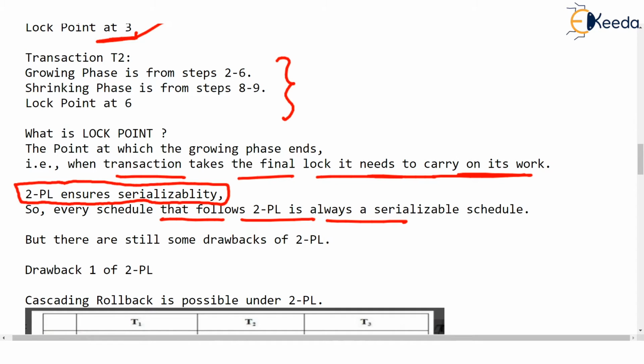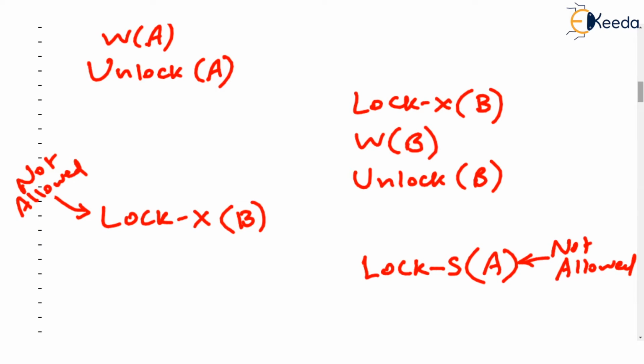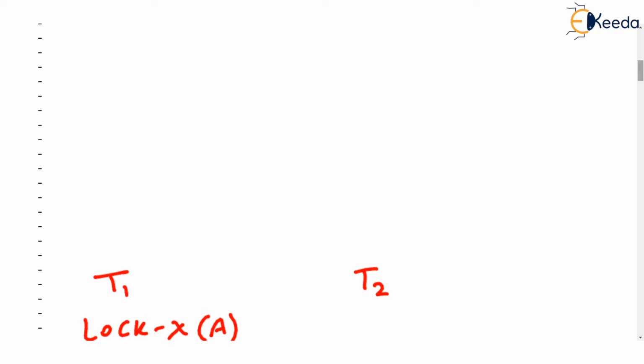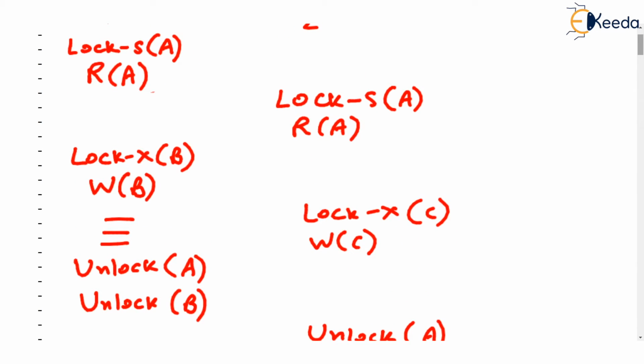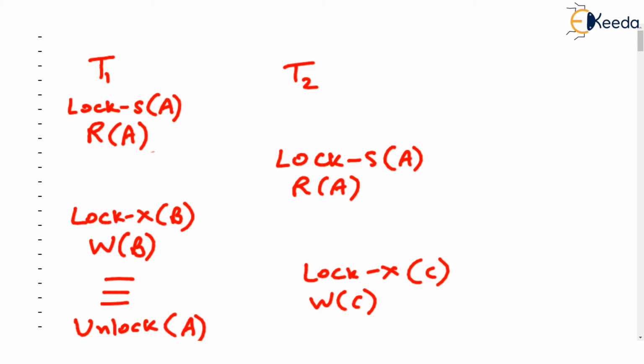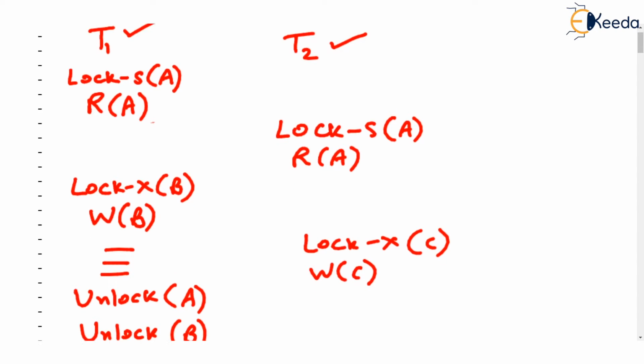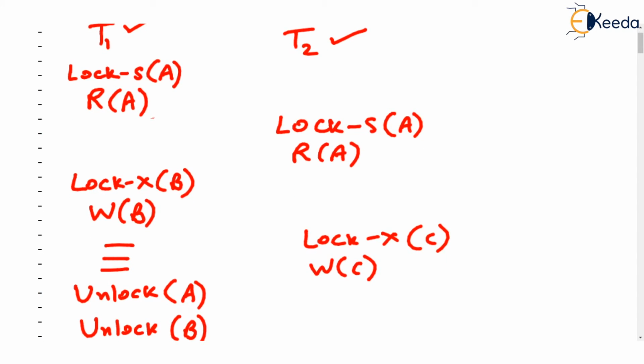They give us the correct result, isn't it? Let's continue with some more examples about two-phase locking protocol. Here is an example shown on an empty slide. We have a concurrent schedule containing two transactions T1 and T2. Let's understand whether both transactions are following two-phase locking protocol.